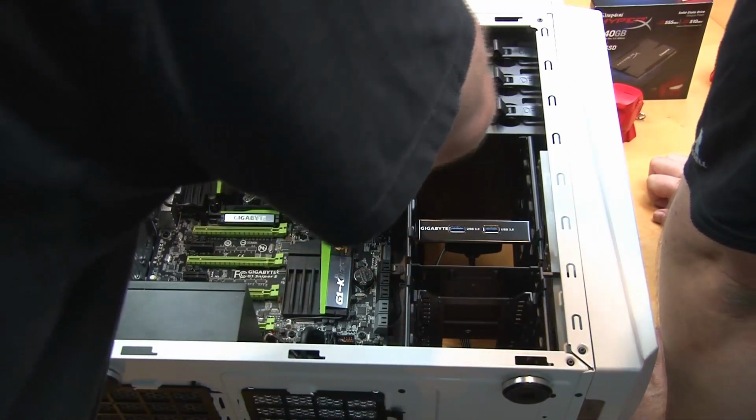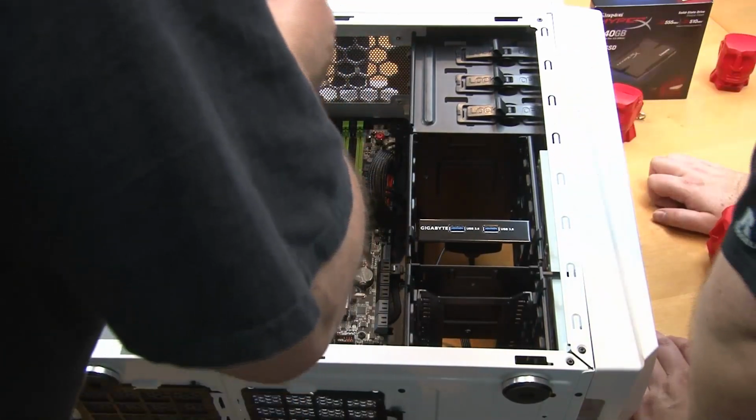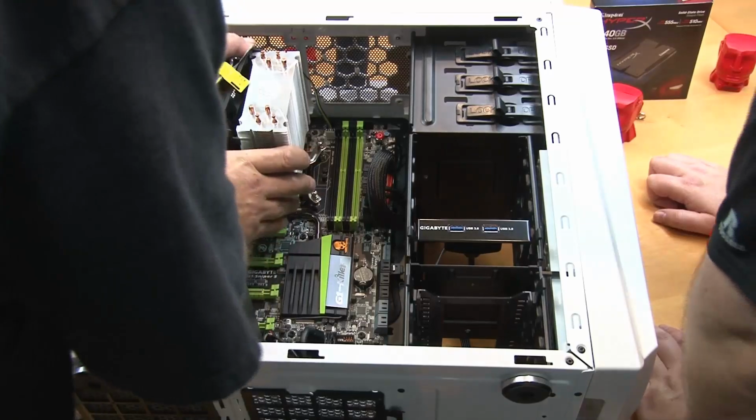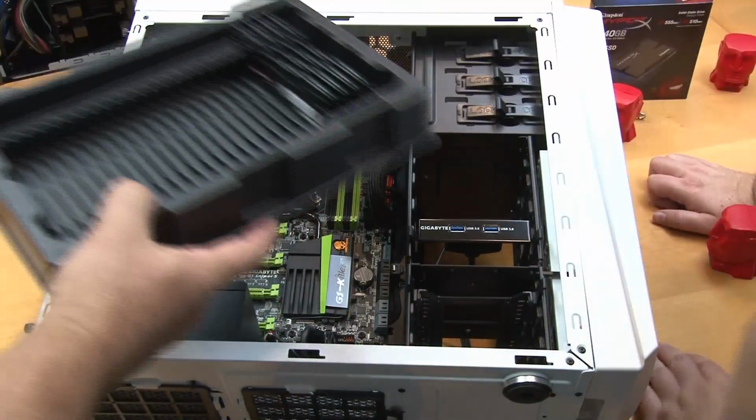And then, basically, you just attach the cooler onto the unit. It just snaps right on there? It just snaps right on. Just put it on this side. Okay. Yeah, because I still got my HyperX memory in there. Yeah, we want to be able to see the beautiful memory as it goes in. And then, can't block that off. Next step is placing the...